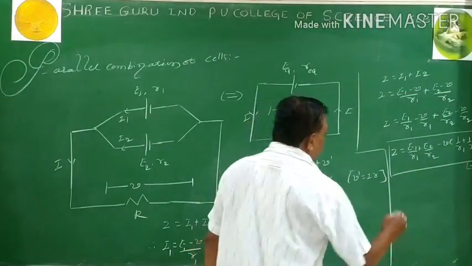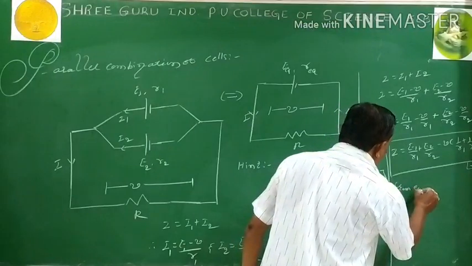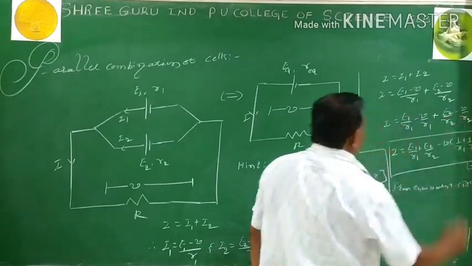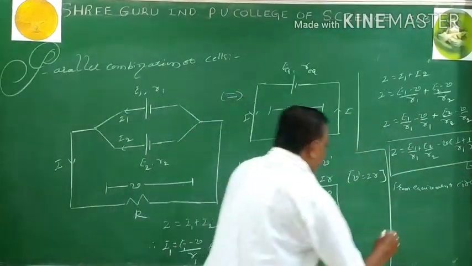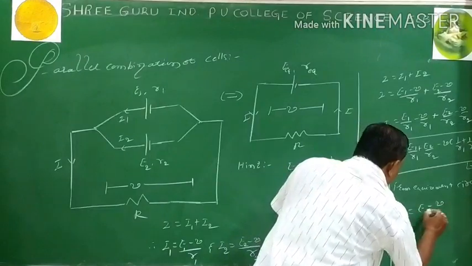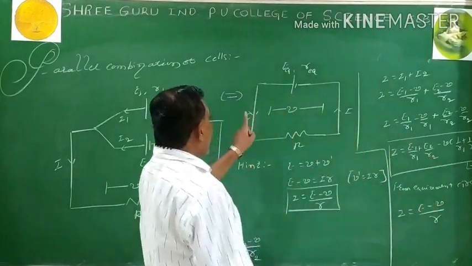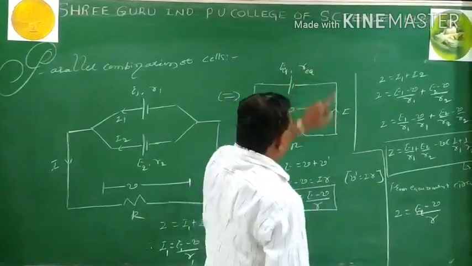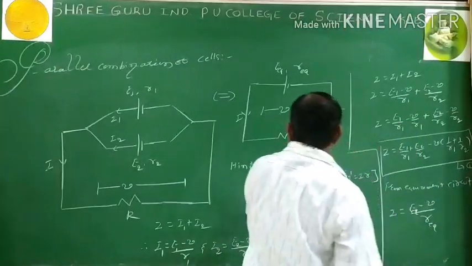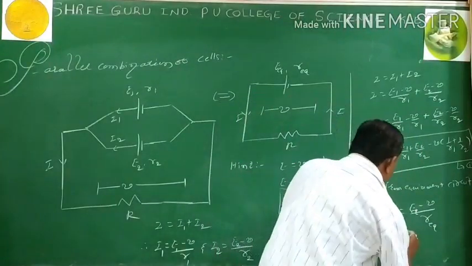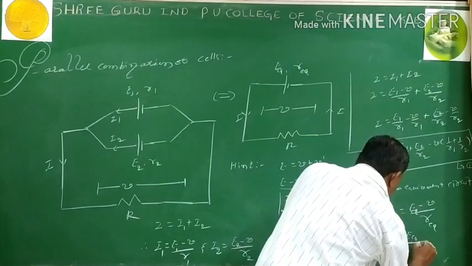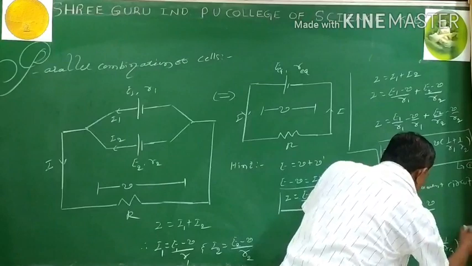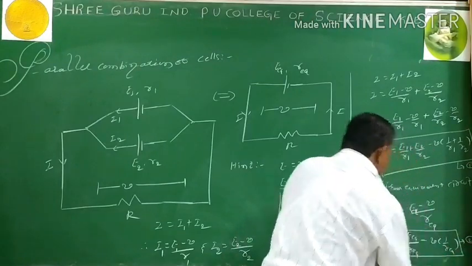Then I go for the equivalent circuit. From the equivalent circuit, here the same hint, I equals E minus V divided by R. Then analyze it. I is obtained from E equivalent. E equivalent is having R equivalent. The potential difference V remains as it is. Then I make the equation. E equivalent by R equivalent minus V times 1 by R equivalent. I call this equation number 2. Now this is my equation number 2.